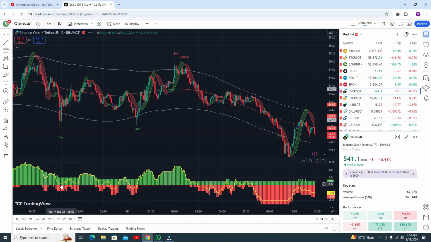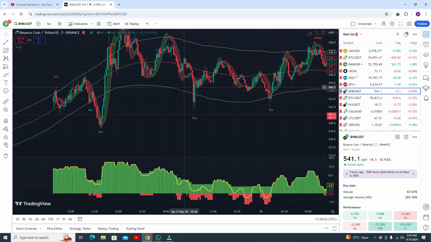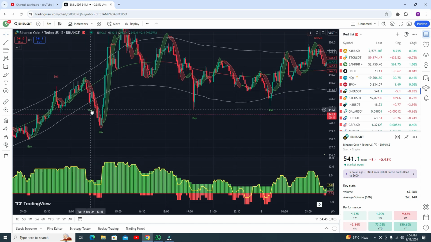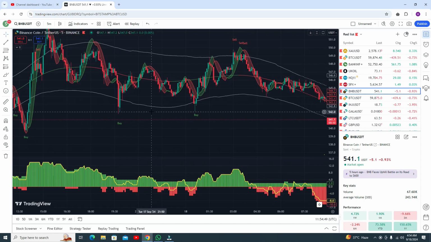The yellow line is upside, but the RSI was not below the band line, or even close. The RSI was not close to the lower band line. But at this point you can see the RSI was very close to the lower band line, so this is your entry, but that was not our buy entry. Now here you can see the buy entry, and it was perfect. Here you can see again.